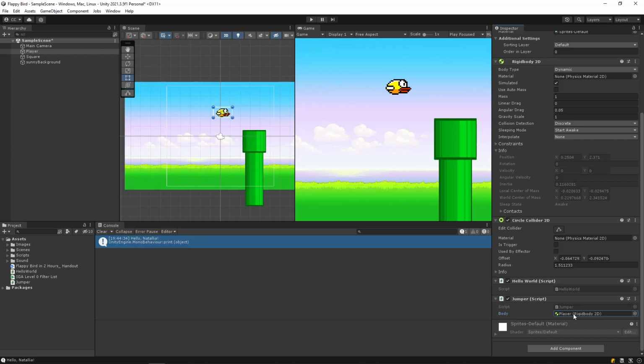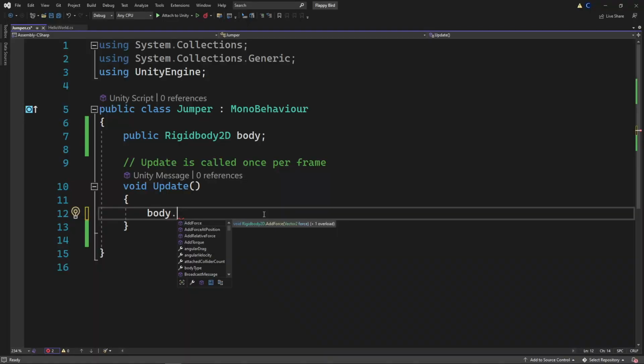Okay. So now we want to make it so that the body velocity goes up. So if I type in body, this is the same name that I gave the rigid body. If I type in a period after that, this allows us to access everything inside the body component. So if you have Unity autocomplete on, it'll give you all of the options for the properties or functions inside of this body component, but I already know what I want. I want to say velocity, and that is the name of the property which controls how fast this is going.